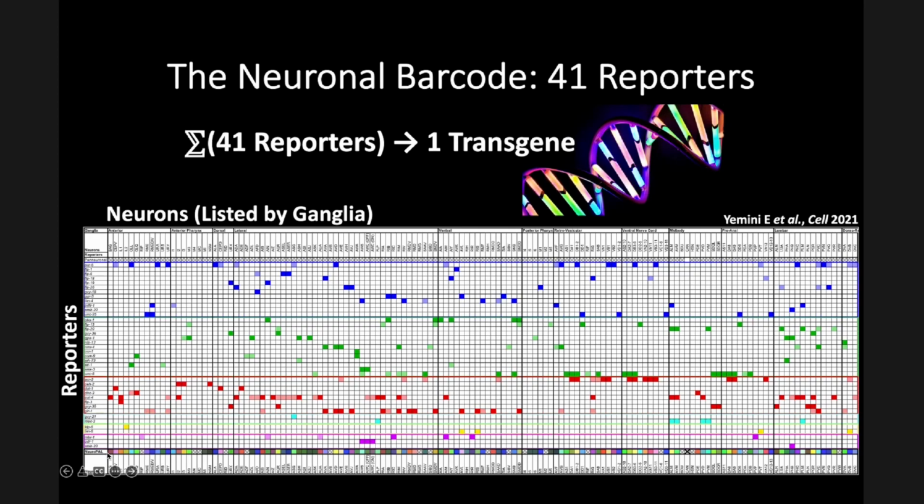This bottom row is the real colors that we see in actual NeuroPAL worms. I just took the eyedropper tool with Excel and pulled these colors off of the actual images. So this is what they look like. And you'll note that in each ganglia, the different neurons have different colors, and we can tell them apart because of those colors. And the reason they have those colors is because of the reporters that basically label certain neurons